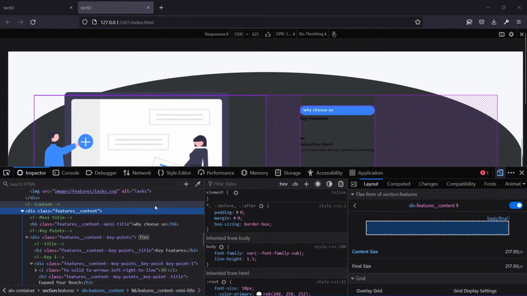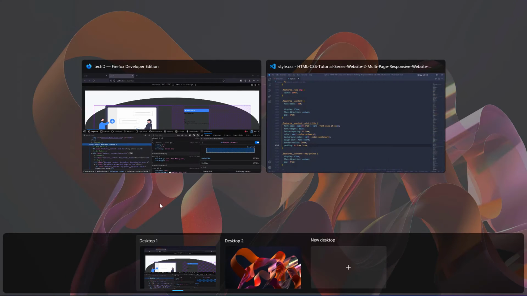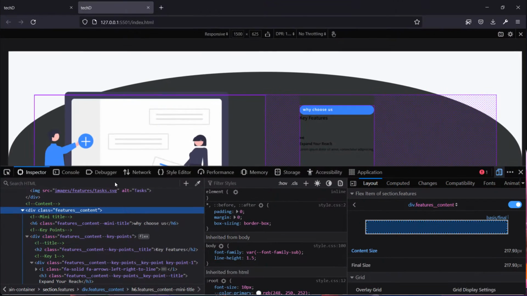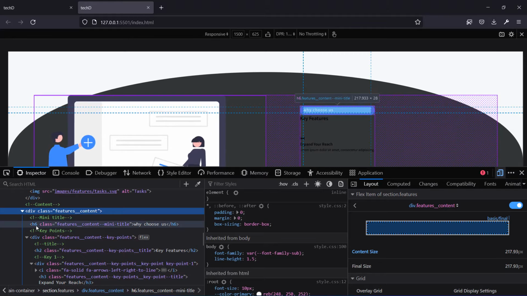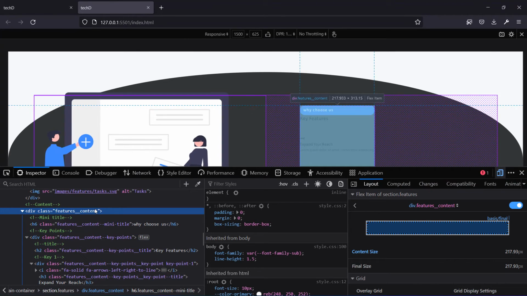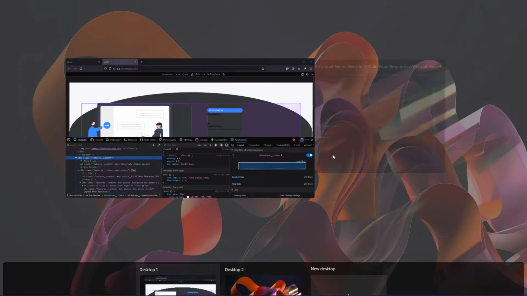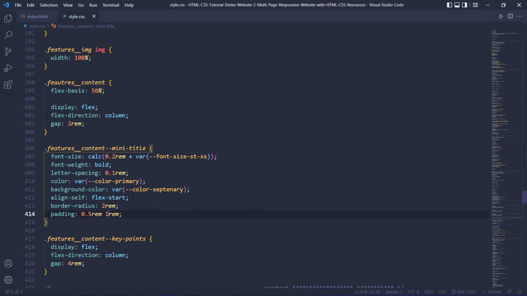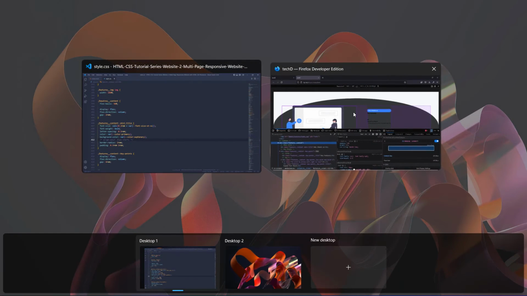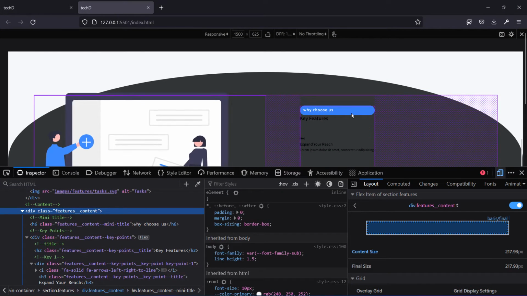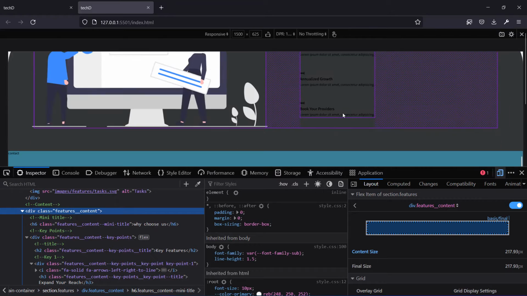So if I go to, you know what? So we have, this is one item and this is the other. No, it is not stretching. So I'm going to show it to you. If I remove this flex start and save this and come back to the web page, it is going to be the same. The reason for that